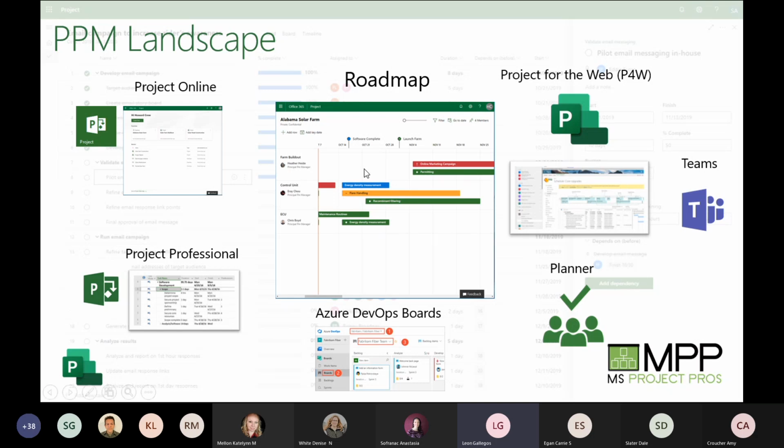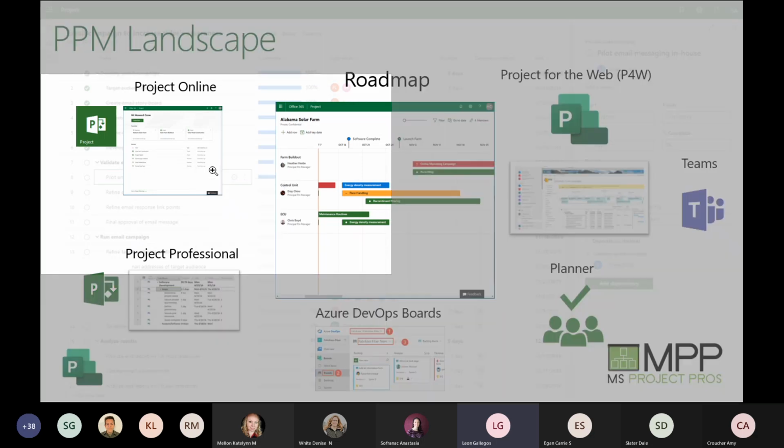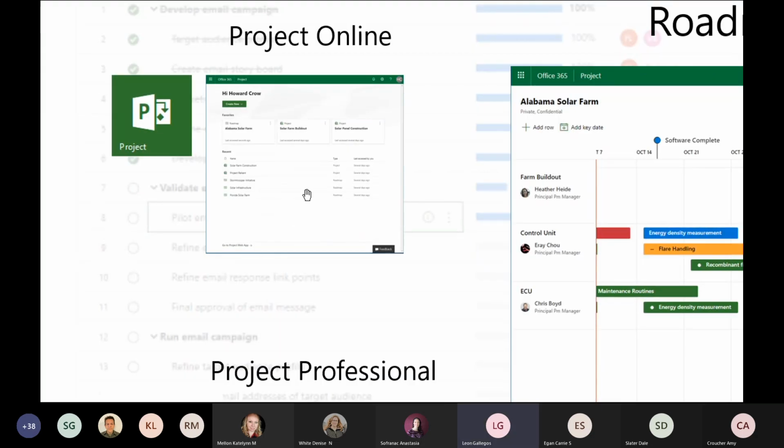Where we've been using this mostly is for planning projects. So if we were doing 2023 kind of forecasting projects, a lot of times you'll see that being pulled into this roadmap, kind of what's coming up. Now on the left-hand side, where the Project Online section is, this is really the heart of Microsoft's enterprise project management solution.